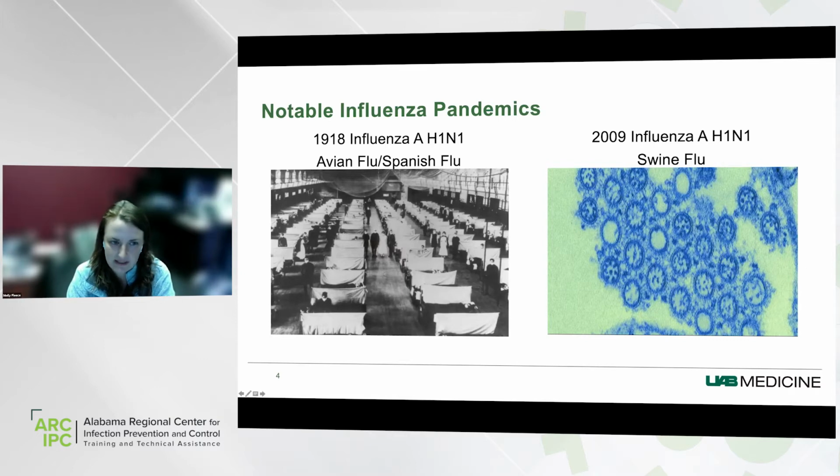So thinking about 1918's pandemic, this was called the Spanish flu mainly as a misnomer. It was originally thought to come from Spain, which was not true. It actually originated from the US-Mexico border area, probably with some recombination of bird and other animal viral markers, and really was a big deal during World War